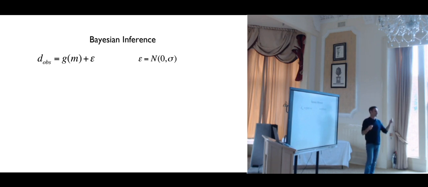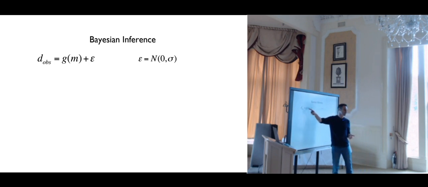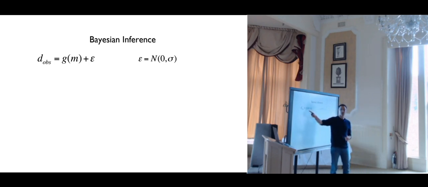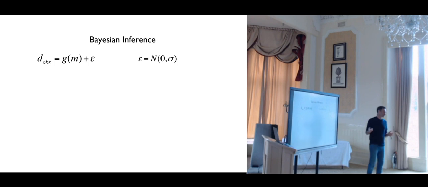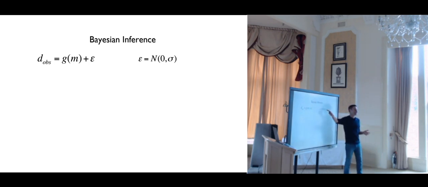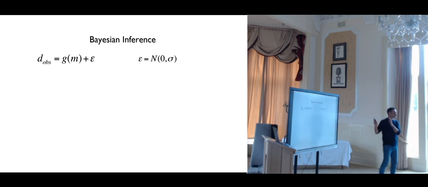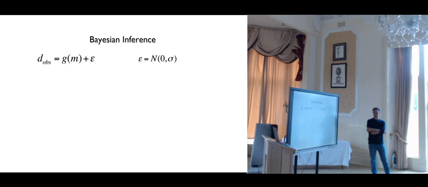So it depends, of course, on observational errors, but also if there are errors in G, they will go into the epsilon. If G is very wrong, if I have a wrong forward theory, I cannot fit the data, then this inability to fit the data because of a wrong forward theory will go into epsilon. And epsilon is a random variable. And here, for example, I'm saying there is no bias. So everything starts here, and here there are a lot of assumptions. But let's say that we are okay with that.